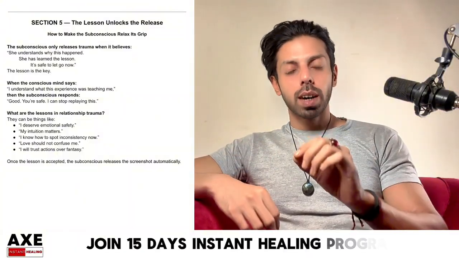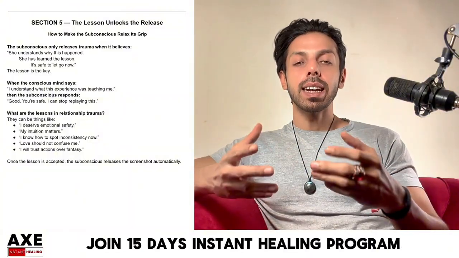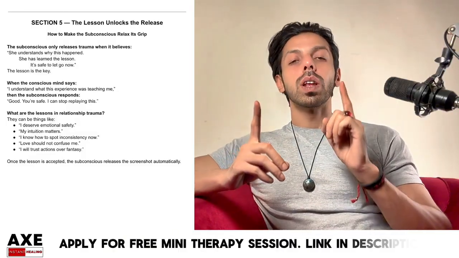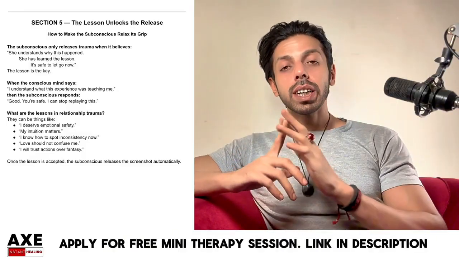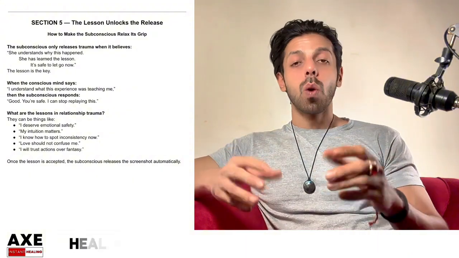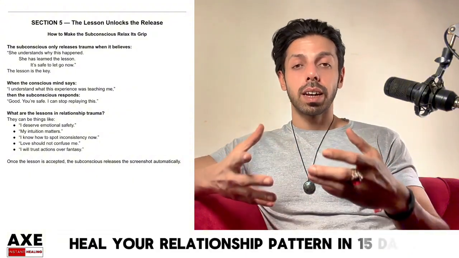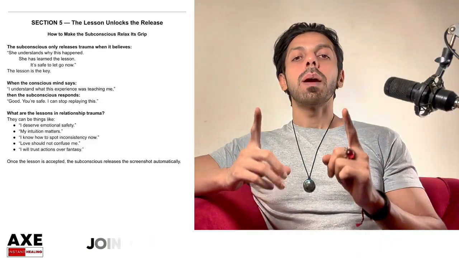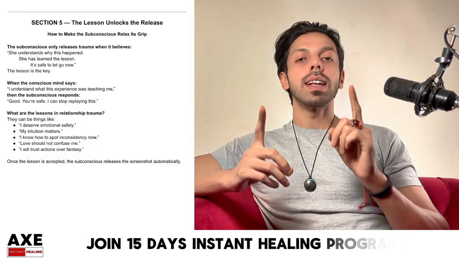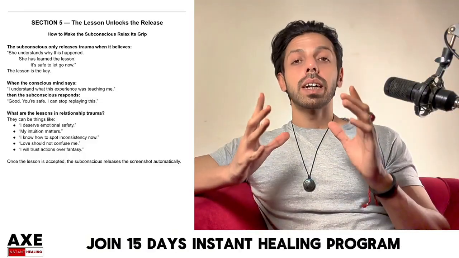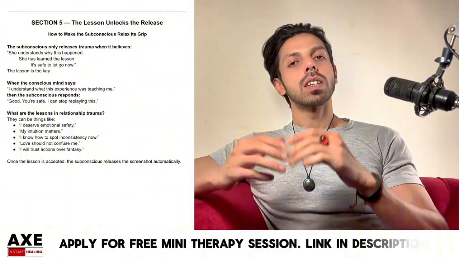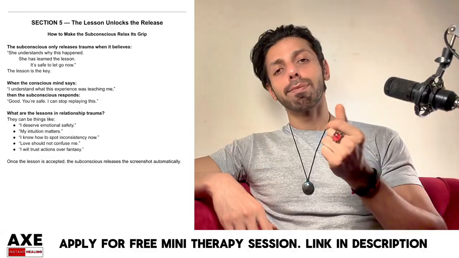So, if you observe, what your subconscious mind needs is the alignment of your conscious mind with the subconscious mind. When the conscious mind accepts the lesson, when it acknowledges the lesson, when it is practicing the lessons, there is an alignment between the conscious mind and subconscious mind. It is teamwork. And once they both form an alliance, the screenshot will just go away.